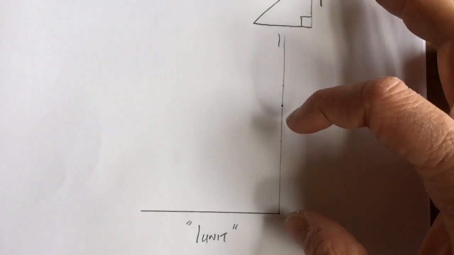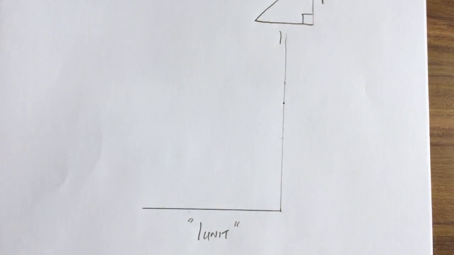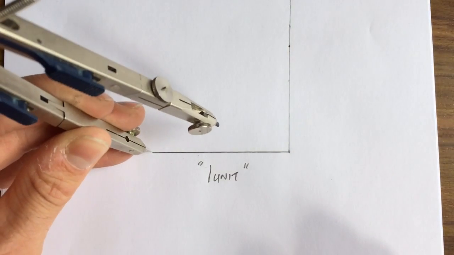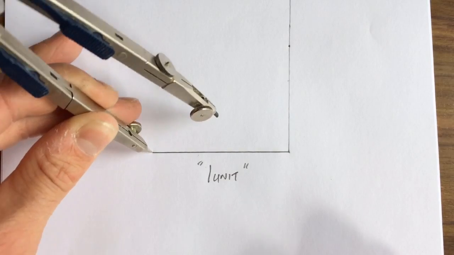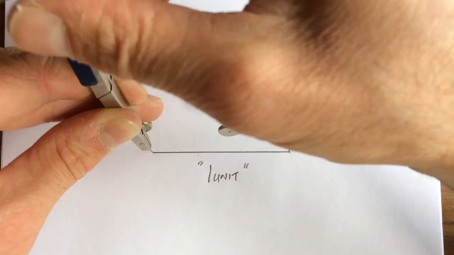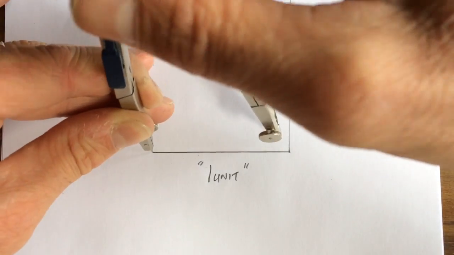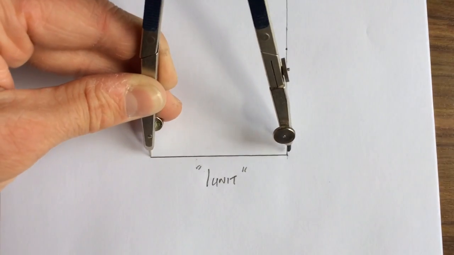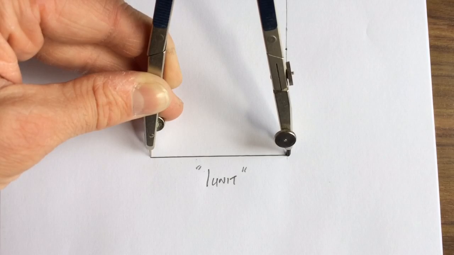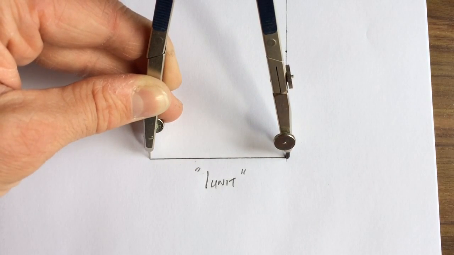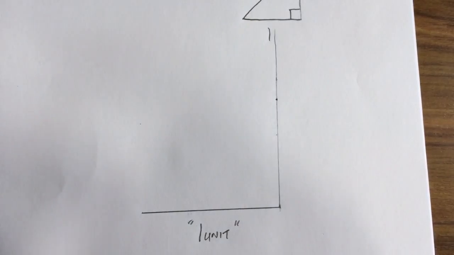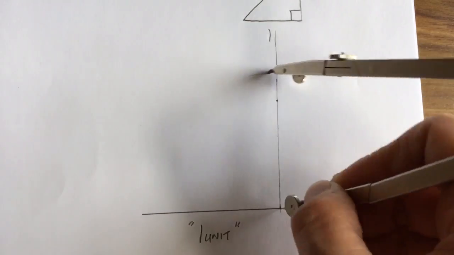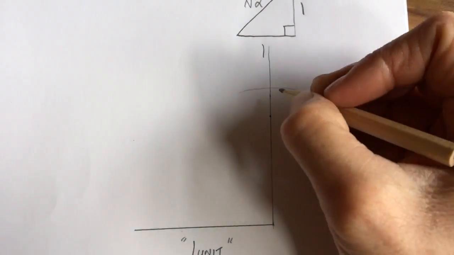Now, what I need to do now is measure a distance of 1 unit up along here, and the most accurate way to do this is to get your compass down on the original line that we said was 1 unit long, and put your point at one end, extend the compass nib until it measures 1 unit long, like so. So in other words, I've got my nib at one end and my point at the other. So the compass is set to 1 unit. Now we lift the compass, we place our point at the right hand edge like that, and I swing an arc up along this line here. And it cuts it just here,